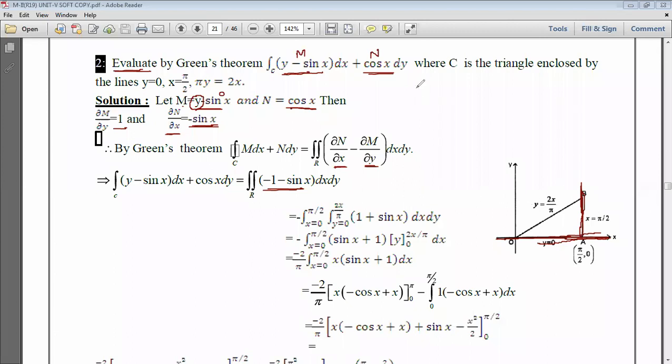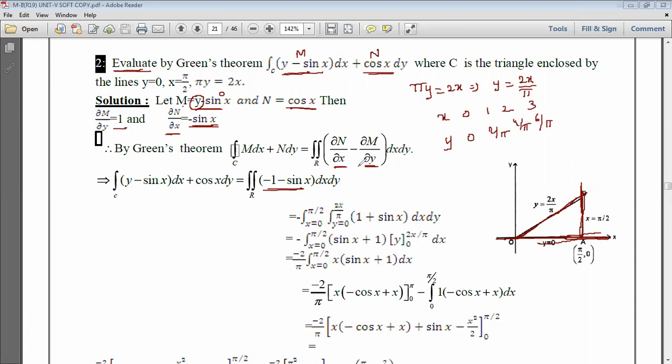And next, pi y is equal to 2x. So it means y is equal to 2x by pi. Just like 10th class level, if you don't know how to draw the curves, take the values x as 0, 1, 2, 3, and like this you can find y. By substituting x as 0, y also will be 0. If you get 0 is 0, obviously that curve passes through the origin. Next, if you substitute the other values, we can put them on the paper, and by joining those points we'll get a curve like this. Okay, this is the curve.